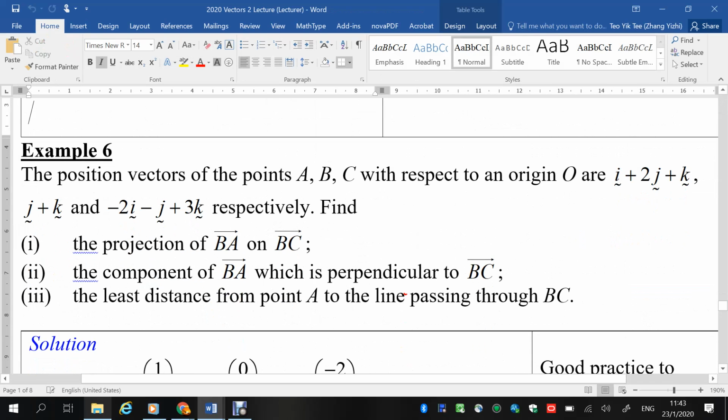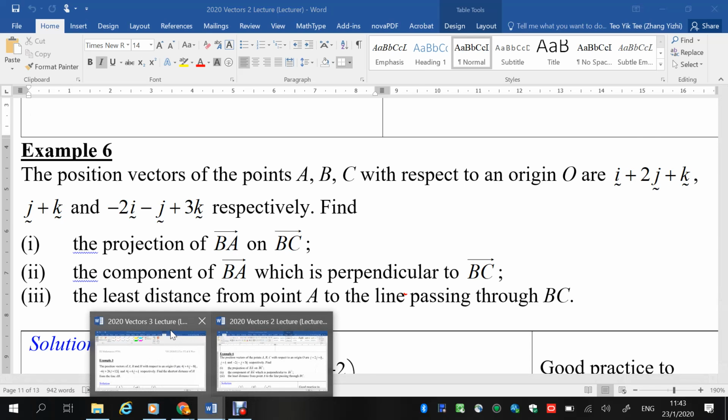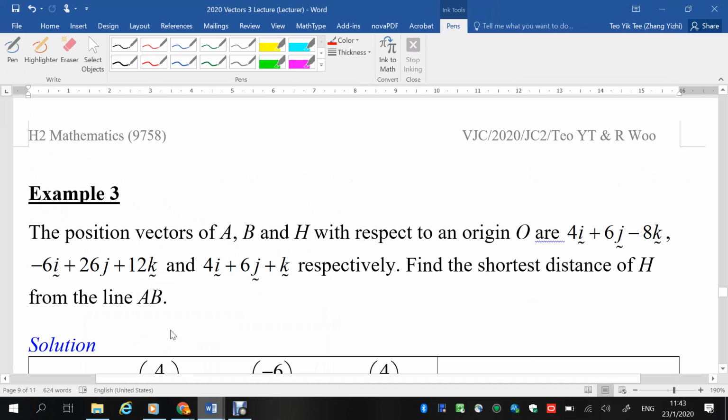Same as in similar. This is question 6 from chapter 2: the least distance from point A to the line passing through BC, versus this question in your chapter 3. Are they the same? It's the same, right? We're asking for the same thing, but the phrasing is totally different. Okay? So what I want to point out to you right now is, listen,